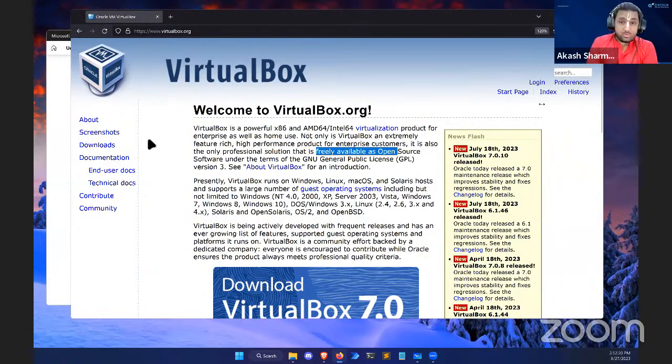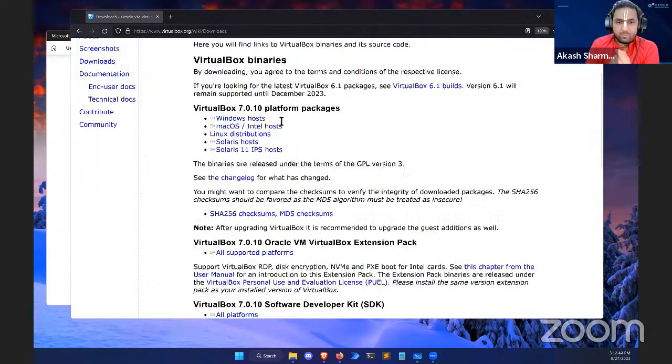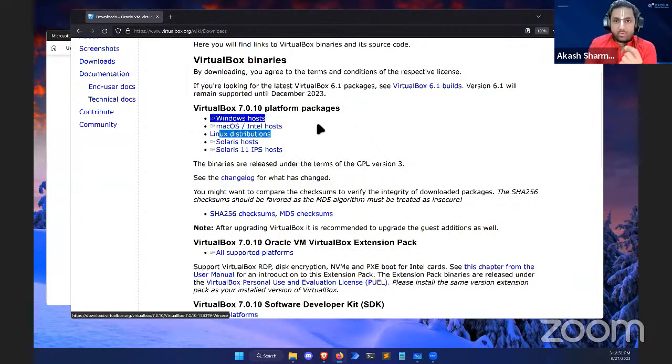I'm sorry, in the downloads. On the left hand side of the screen, you will see the downloads option right here. I'll click on the downloads part. All right. So when I click on the downloads part, I have a few options. I have for Windows, I have for Mac, I have for Linux. So that's the best part. Whatever you have, you can choose it, right? So I'll go for Windows